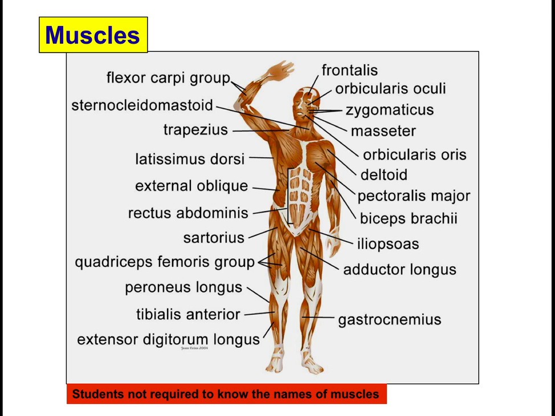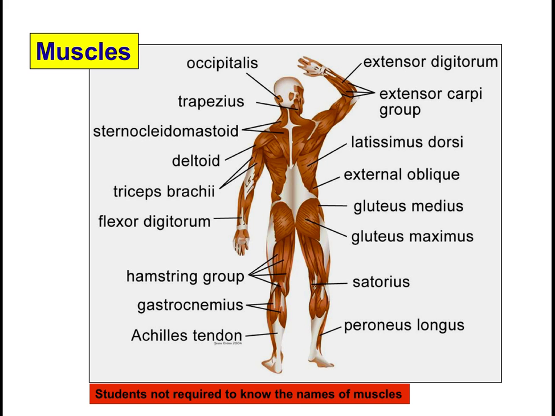In order to have the various types of movement that we have in our body, you must have many, many different types of muscles. And these are only a few of them seen from the front, and here's some more seen from the back. Now, you're not responsible for knowing the names of these muscles, but the reason there are so many is because all these muscles can only move the bones in one particular direction. So if you wanted to move an arm up, you have to have a separate one to move it down. If you want to move your head to the left, you have a separate one to move it to the right, and on and on.